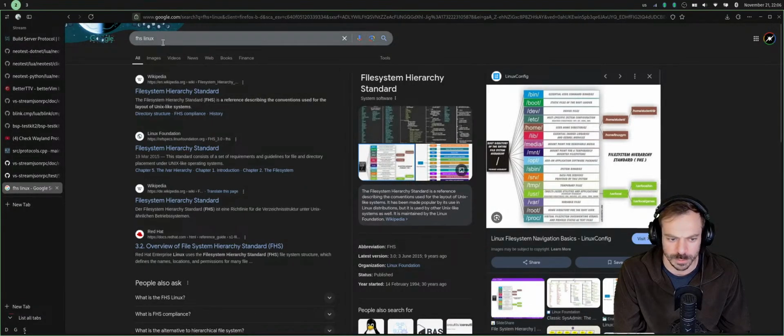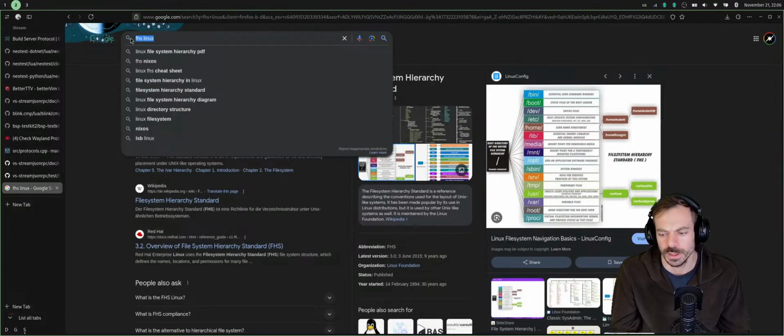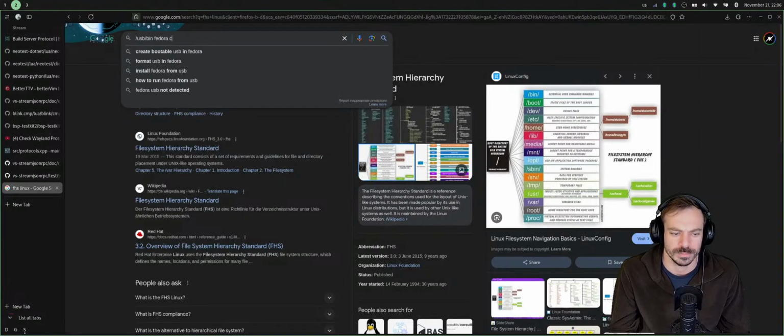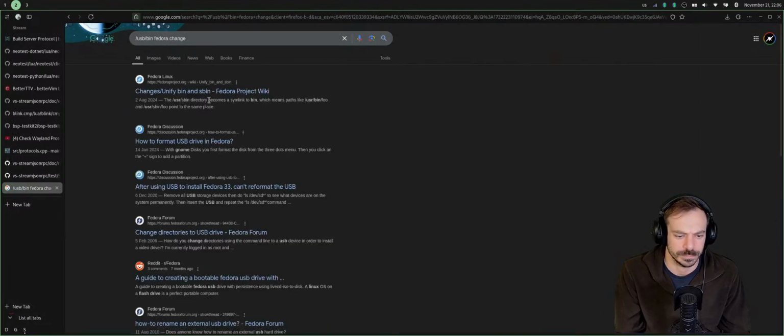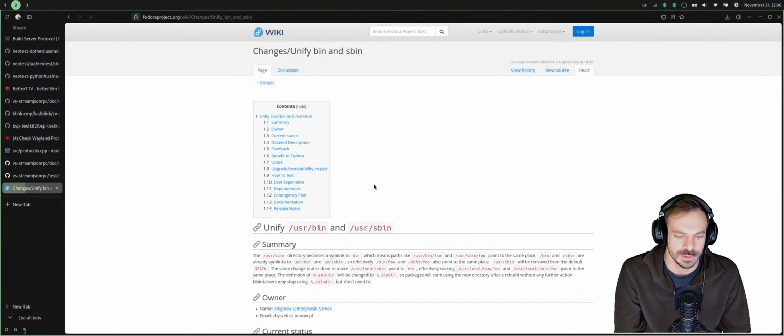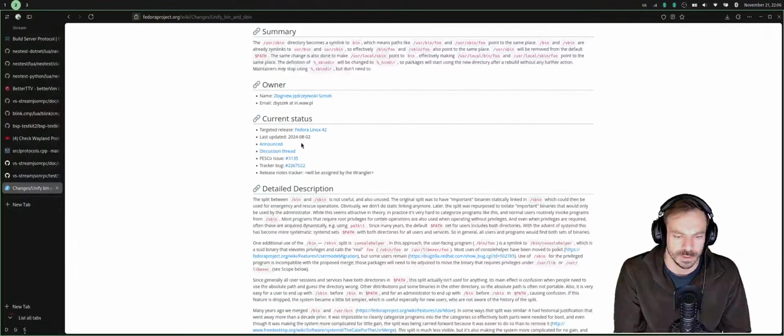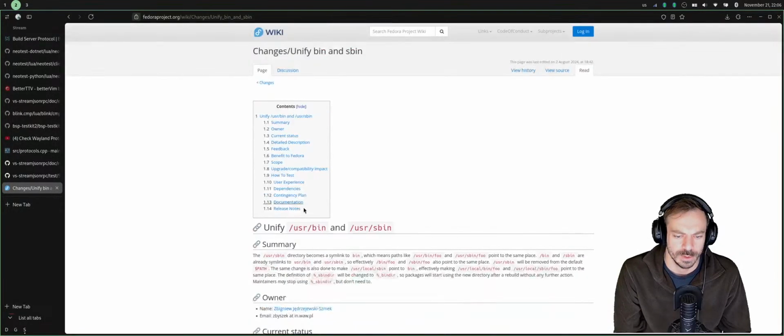I think there was also this initiative to combine user bin and user sbin.